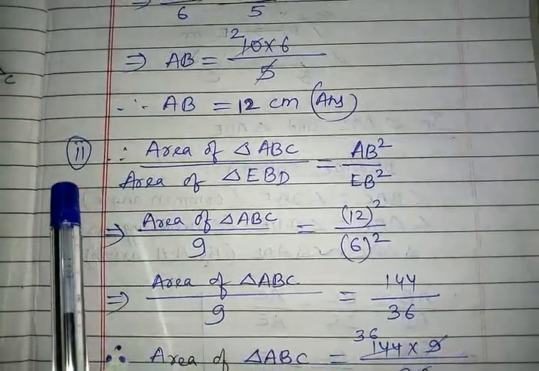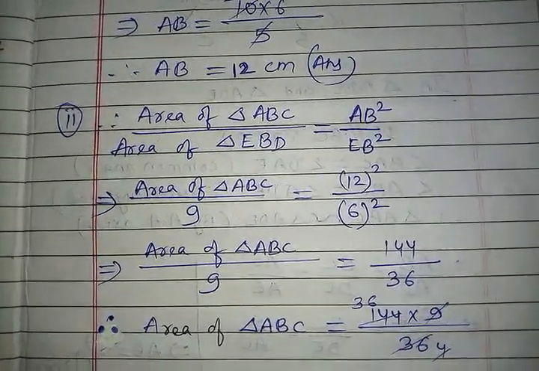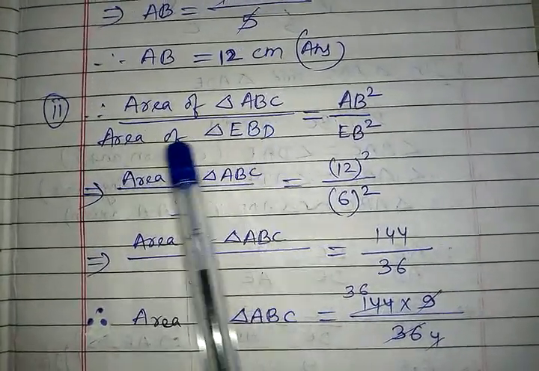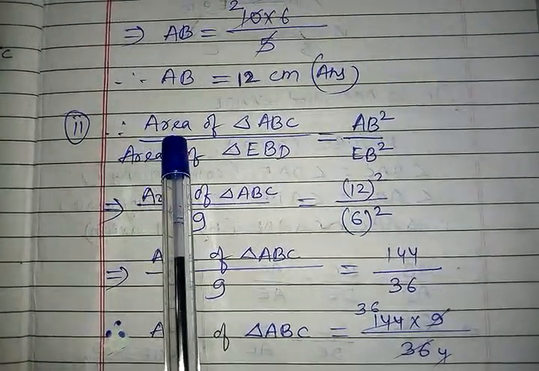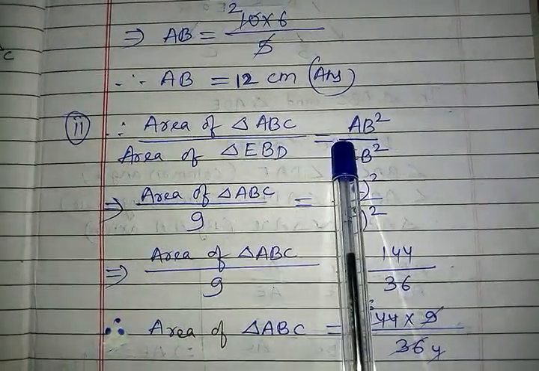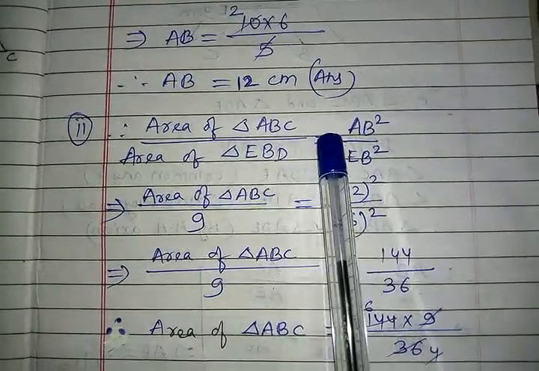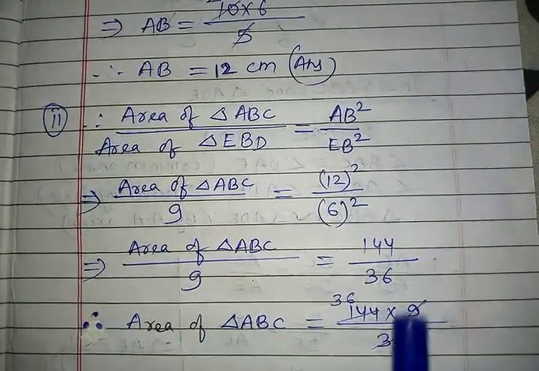We have proved also. Number 2, area formula. So as we all know, whenever we have proved that these two triangles are similar to each other, we can use the area formula. Just now we have learned, area of triangle ABC, that is the greater triangle, and area of triangle EBD, smaller triangle, is equal to, actually we are supposed to take